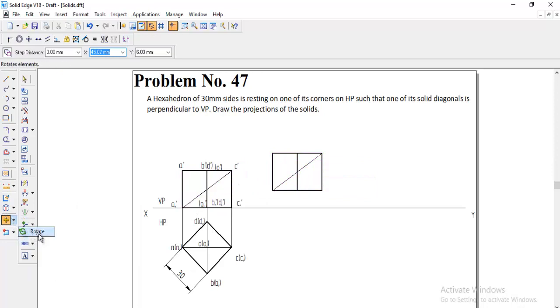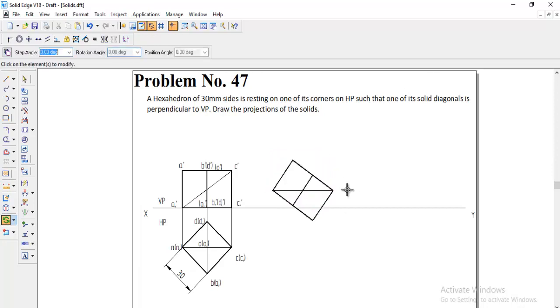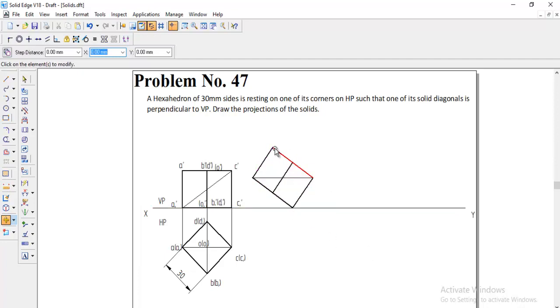Now go to rotate, select the entire object, and this one you can make the fixed point, and this one the rotating point, make sure it should be horizontal like this. So like this you can rotate it, and then again go to move, select the entire object and switch off the copy. From the bottom point, that is C1 dash, we have to pick it and place it on the XY line. Like this you have to place it.